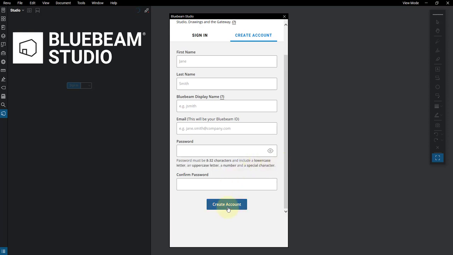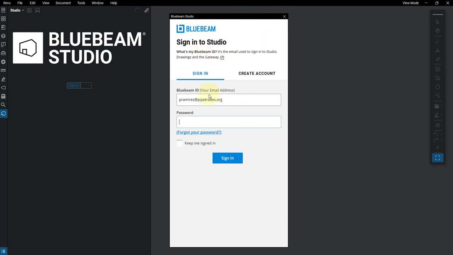When you're done, you simply click on Create the Account and it will email you a validation. When you get the validation email, you need to respond to that email by clicking on the link provided. Once you're done, you can come back in and sign in to your account. So it's a three-step process: creating your account, validating your account, and then signing in. Once you're done signing in,